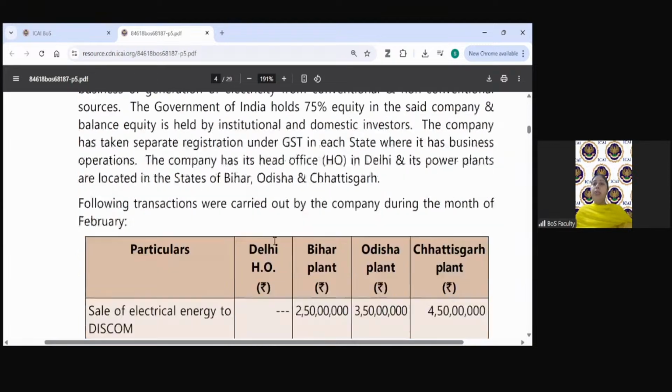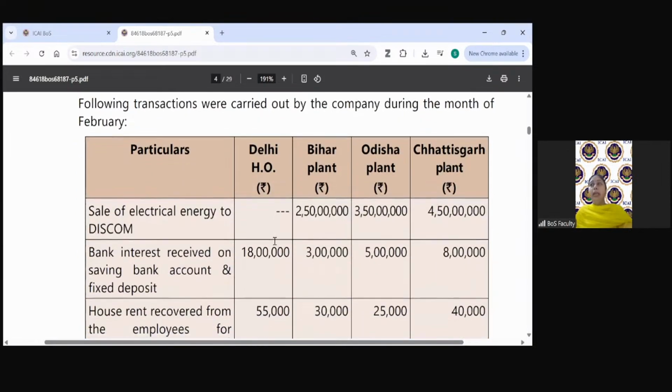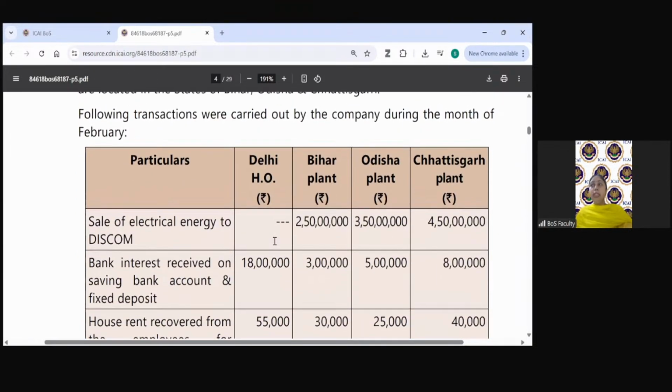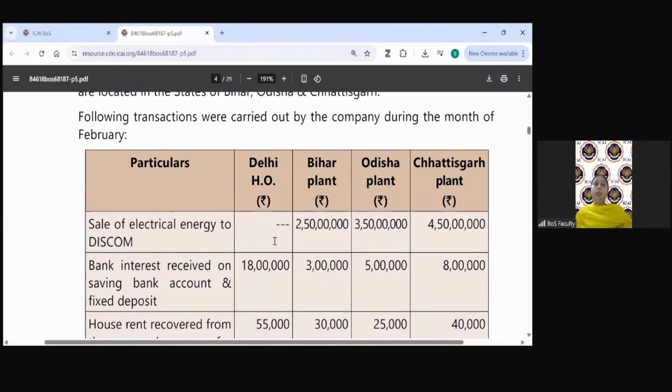Company is a public sector undertaking. Now we proceed to the transactions which have been undertaken by the company. When you are reading the case scenario, as Swati told you, you should keep in mind the important information also. You have to try to locate the information which might be relevant for your questions. And when you see the questions, then again you have to highlight that information and the related provisions which you have to apply for arriving at the answer.